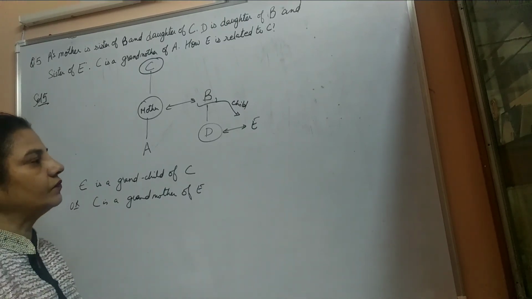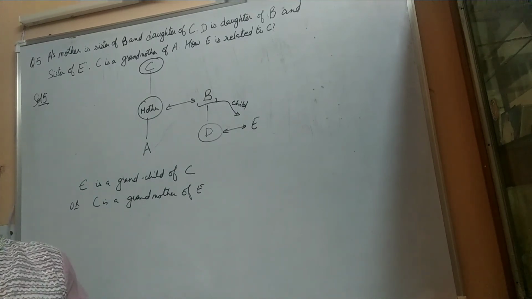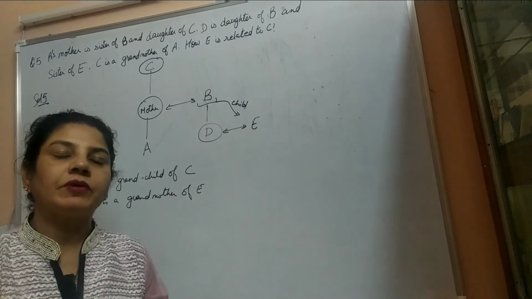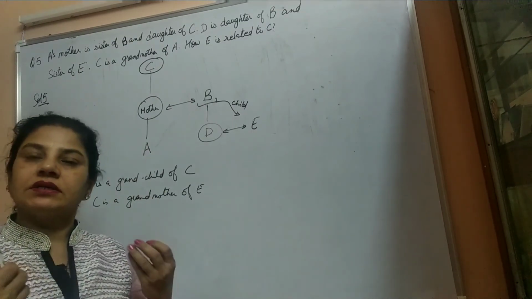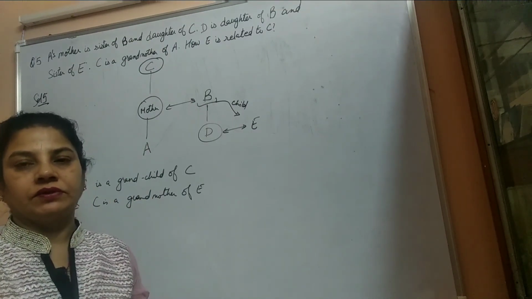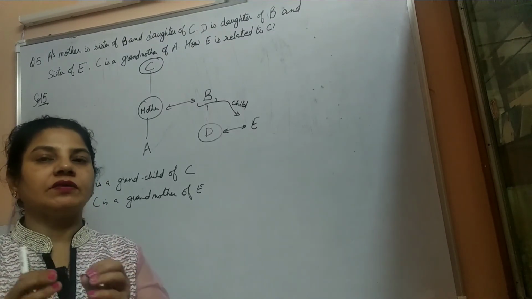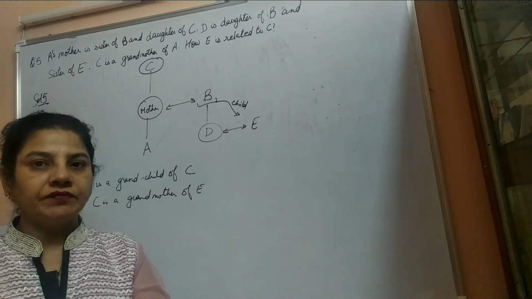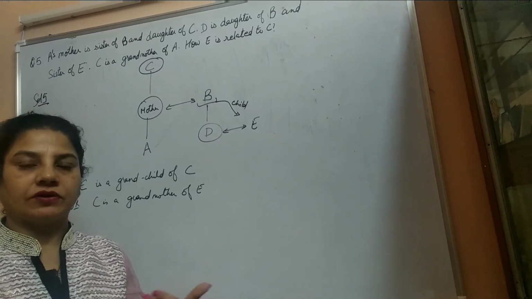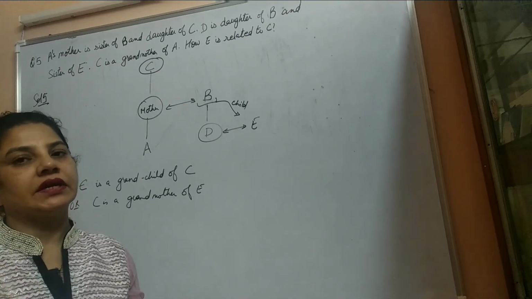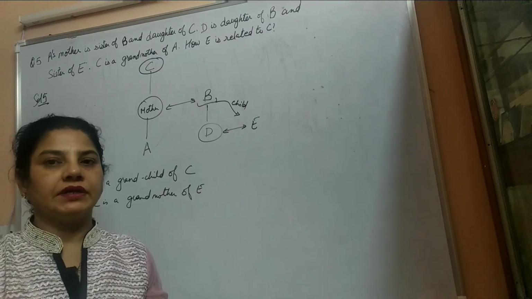This is how you have to find the relation in blood relation questions. So I repeat once again, it is very important to draw a family tree. Once a family tree is drawn, the answer is in front of you. You have to understand the question, understand what gender is given to you, identify the gender according to the place, do the placement in the family tree, and then you will easily get the solution of each and every question. This is the quick trick to calculate blood relation questions.